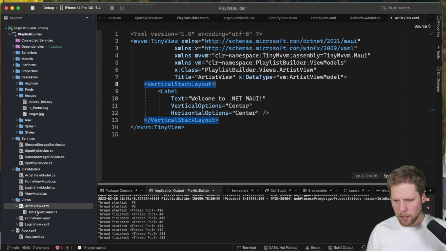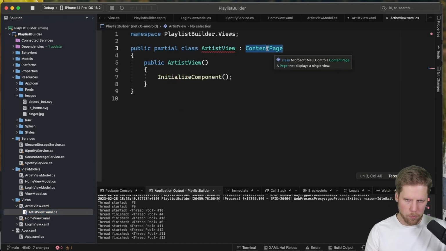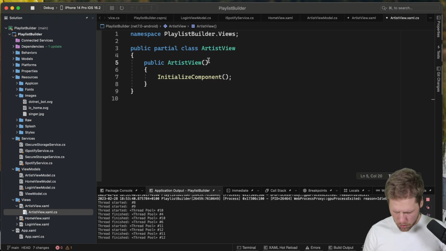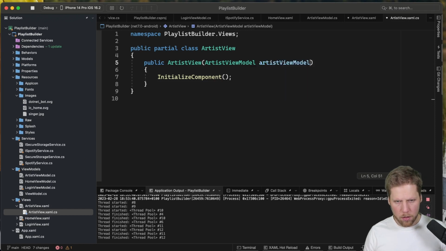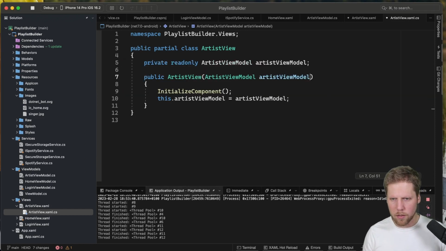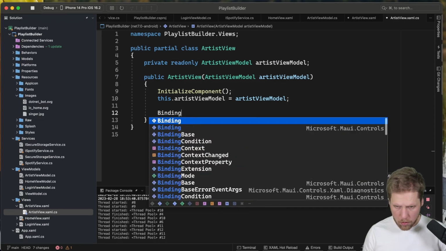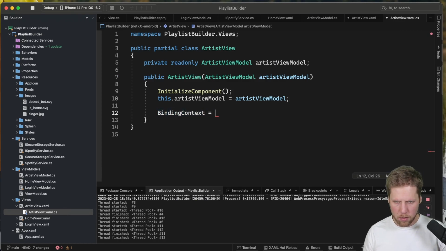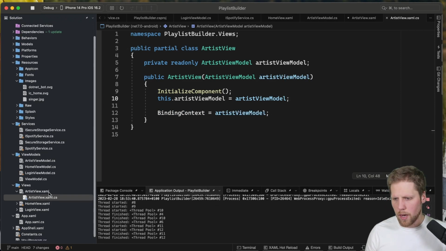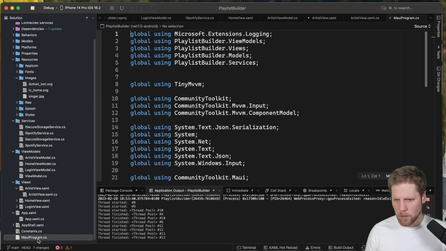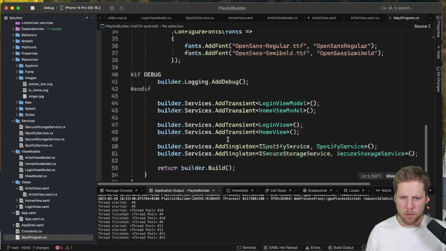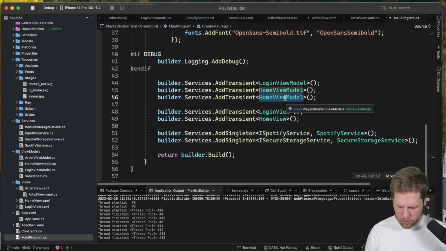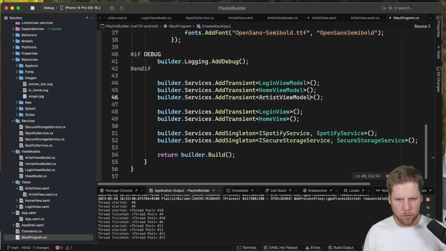So let's go to the code behind and inject the view model. And we should remove ContentPage as the base class. Artist view model. So, and add it to a field and set the binding context. Now we need to go and add it to the IOC, so it will be resolved when we're trying to navigate to it. So we add it as a transient, artist view model. We do the same with the view,